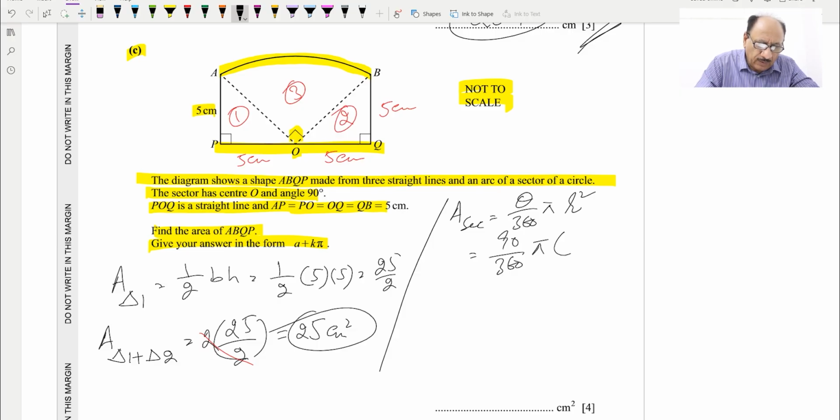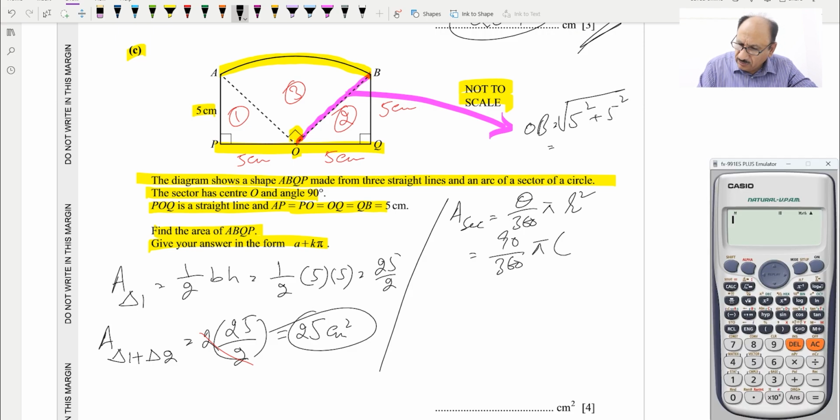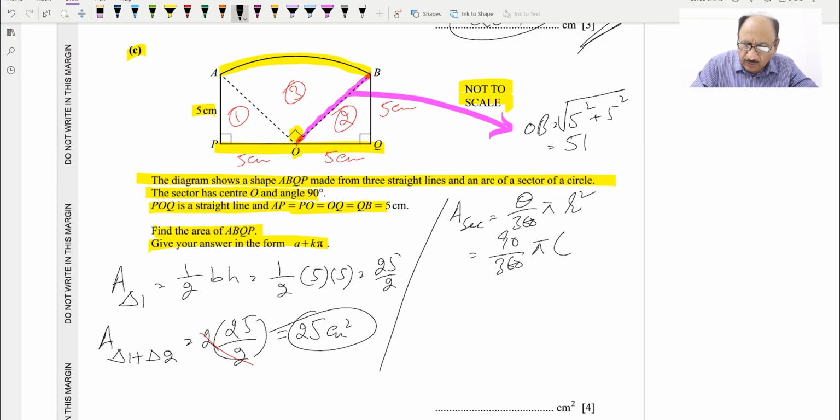So OB we can find, this one will be OB. We can write OB is equal to the square root of 5 square plus 5 square,